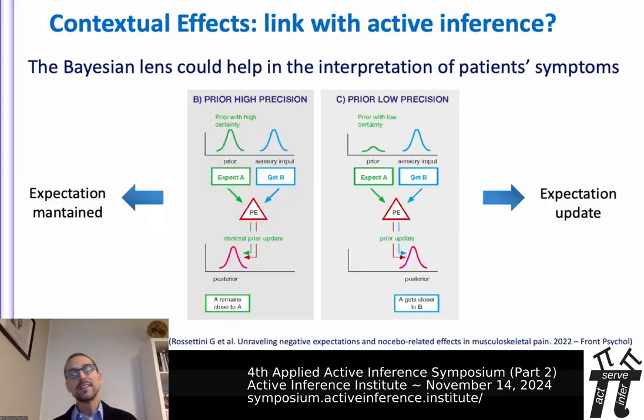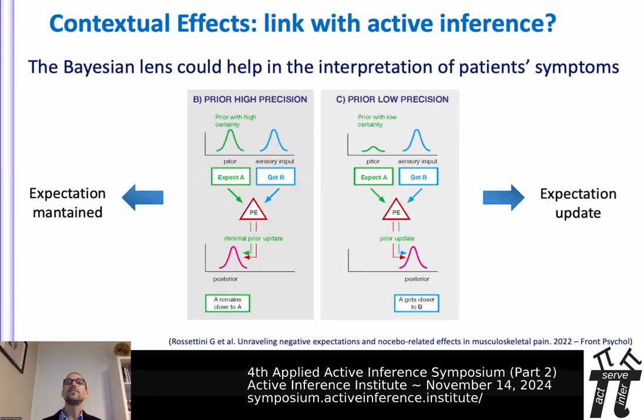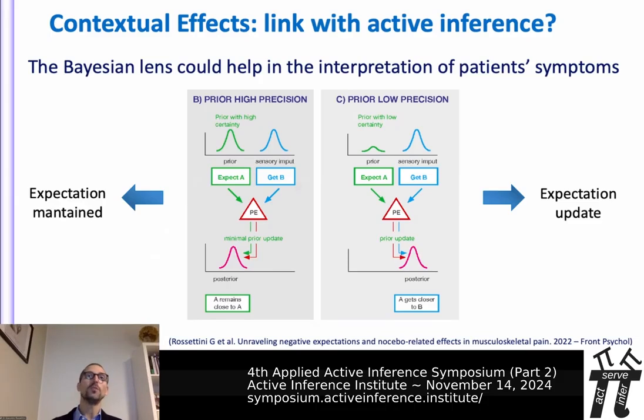And in fact, the ability to make an update of the patient's expectation can be interpreted in the light of the Bayesian model and will depend on the strength and accuracy of the patient's prior beliefs and behaviors. From a Bayesian perspective, our brain is conceptualized as a predictor machine that generates predictions, known as priors, about the expected sensory inputs. The integration between the prior and the sensory inputs results in a posterior, the percept, which can be more or less influenced by the prior and by the sensory data, depending on their level of